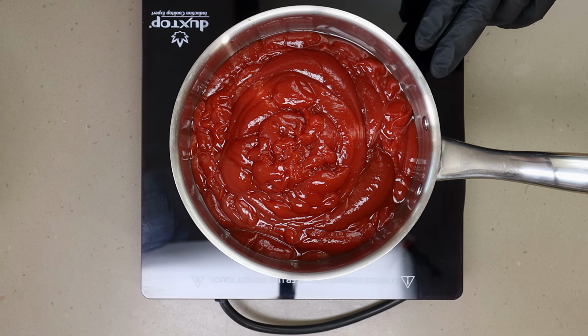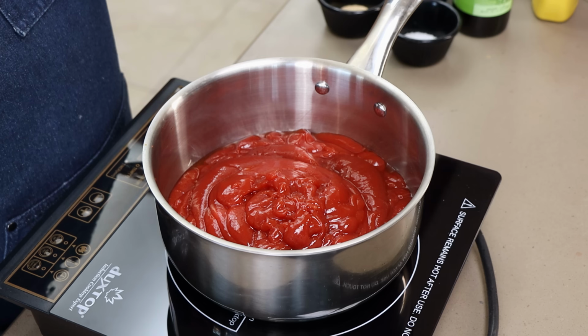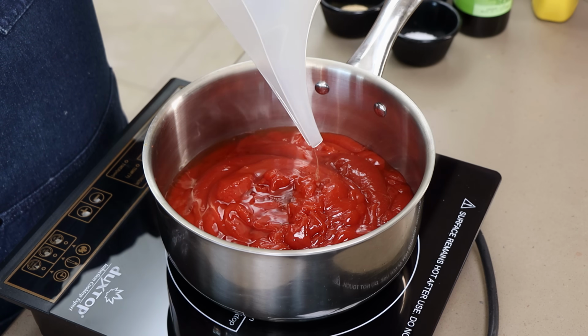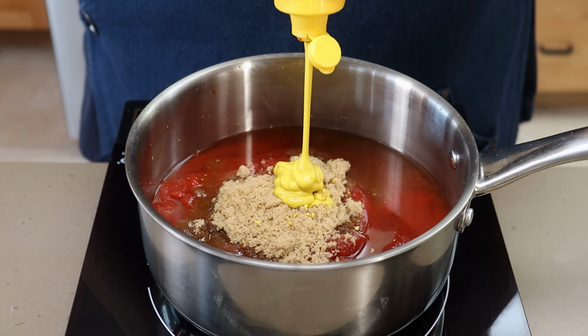So our barbecue sauce is going to be a bacon chipotle barbecue sauce. We're starting with 40 ounces of ketchup. To this, I'm going to add half a cup of apple cider vinegar. Next up, half a cup of brown sugar, about 2 tablespoons of yellow mustard, 8 ounces of molasses,